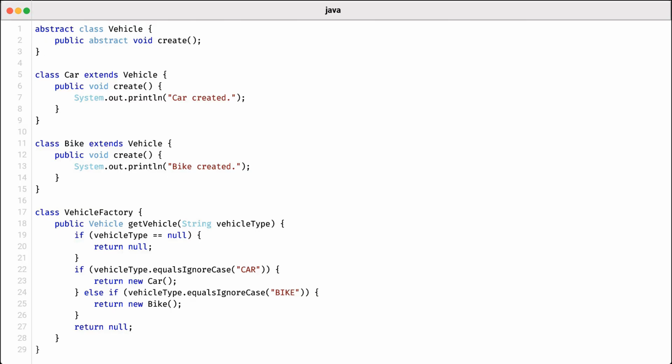If the input matches car, a new car object is created. If it matches bike, a new bike object is returned. This structure not only encapsulates the object creation process, but also allows for easy expansion in the future. You can simply add more vehicle types without changing the existing code structure, highlighting the flexibility and maintainability that the factory method pattern offers. Now let's implement the observer pattern, which allows us to create a system where multiple observers